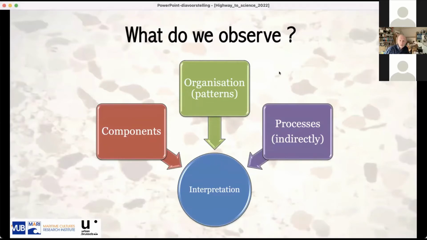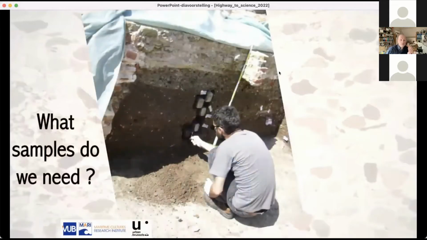Now, the first step in our research is, of course, to obtain the right samples. And for micromorphology, we need specific samples. In contrast to, for instance, the study of fruits and seeds or bone remains, we do not need bulk samples. What we need are oriented block samples, because we want to study this original site stratigraphy. And the taking of these blocks, well, is quite simple. What we basically do,